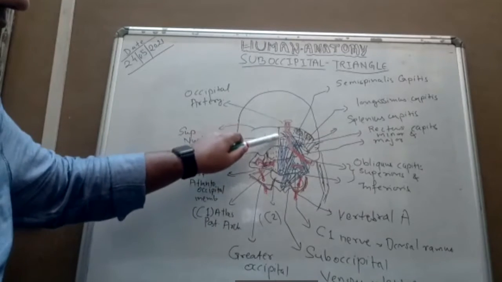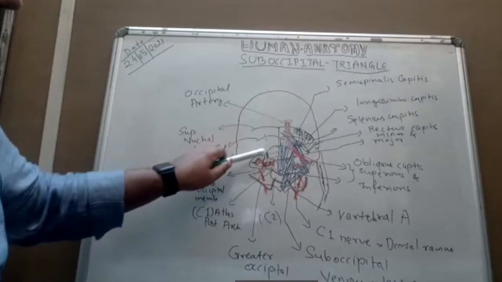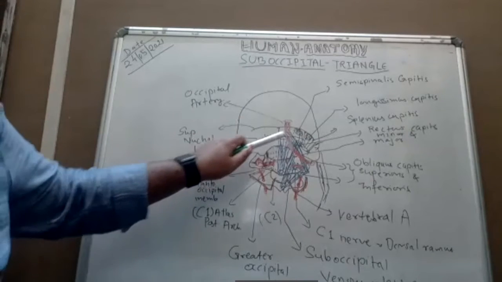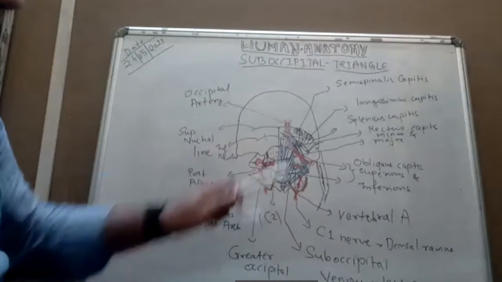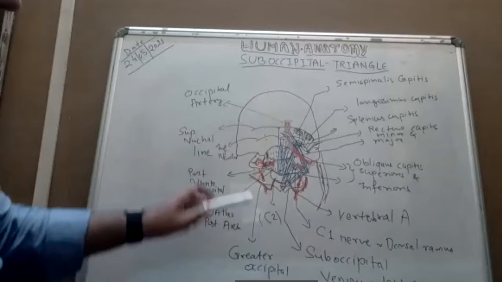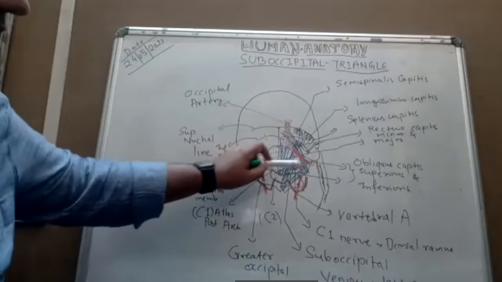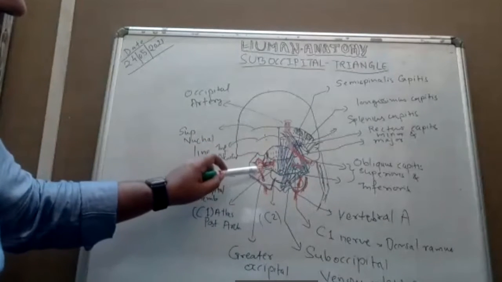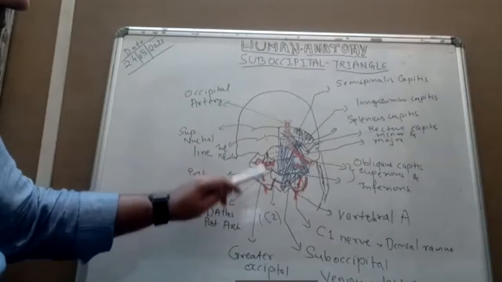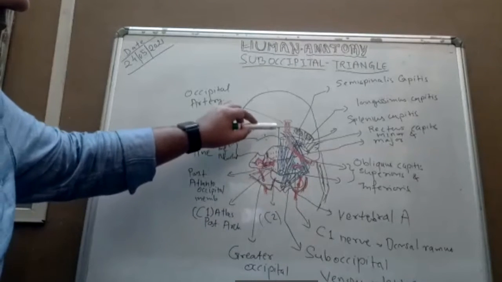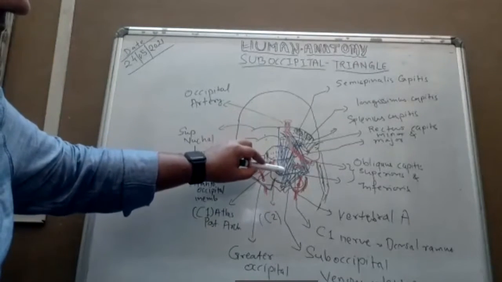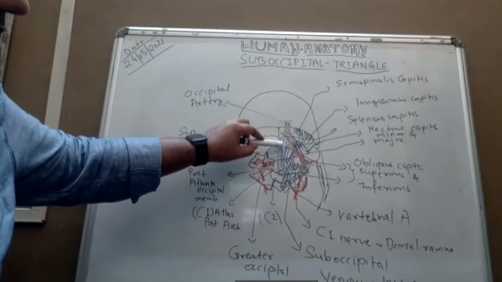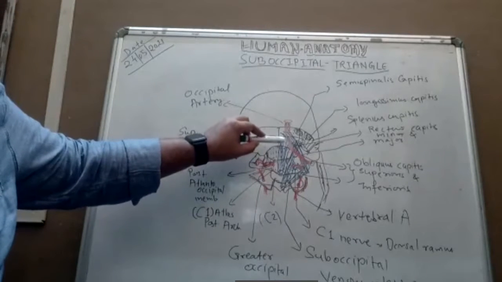This is the external occipital crest. This is the posterior margin of the foramen magnum. Then below that, the first cervical and the second cervical vertebra are drawn. So in between, that means between the first cervical vertebra and the occipital bone,